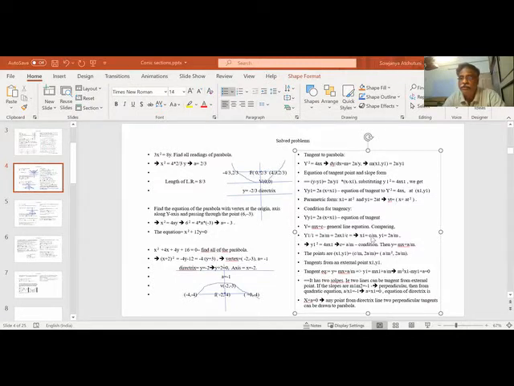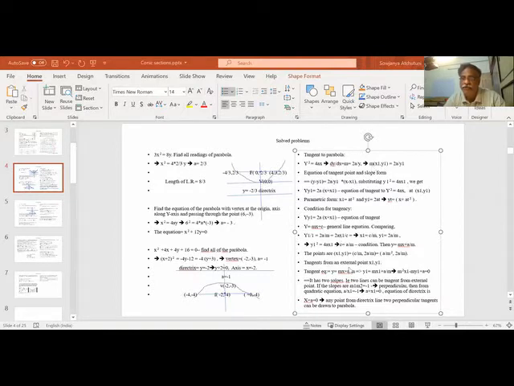This is c by m and a by m. C is a by m is the tangency condition, and y is mx plus a by m is the tangency equation for the parabola. So the points are c by m and 2a by m. Or when I replace c by a by m, it becomes a by m square and 2a by m. These are the 2 points on the parabola and on the line. This equation is for any point, provided the vertex is 0, 0. All this is applicable when the vertex is 0, 0.